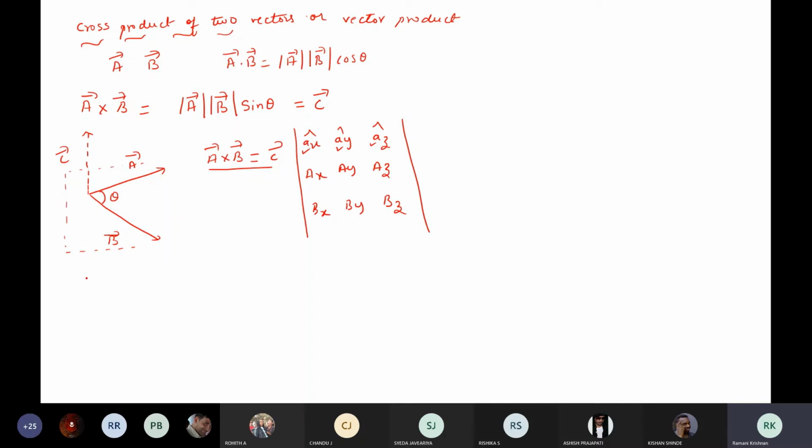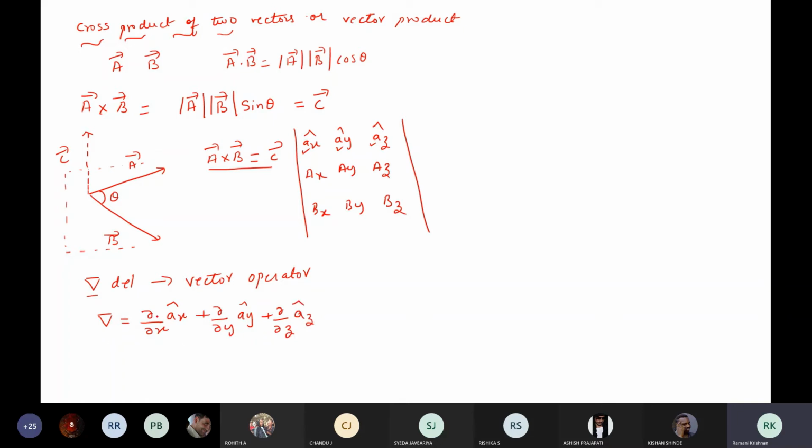We have a symbol called del. Okay, del. What is this del? This del is a vector operator. It is only a vector operator, because we are going to use that. And why do we use this vector operator? Just to reduce the time to write the whole equation. For example, del is represented by dou by dou x of ax cap, plus dou by dou y of ay cap, plus dou by dou z of az cap. This is the representation of del.